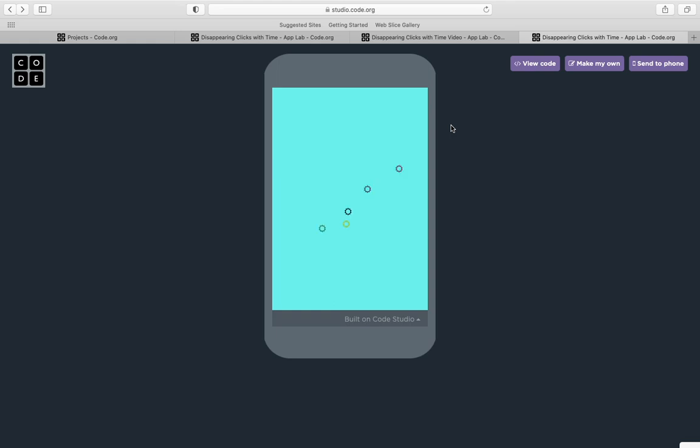We're going to look at a way to incorporate lists into games. So this is a simple game. You see these icons are moving. There's 5 of them about every 2 seconds. And also if I click on one, they're going to move again and you'll see the yellow one is now